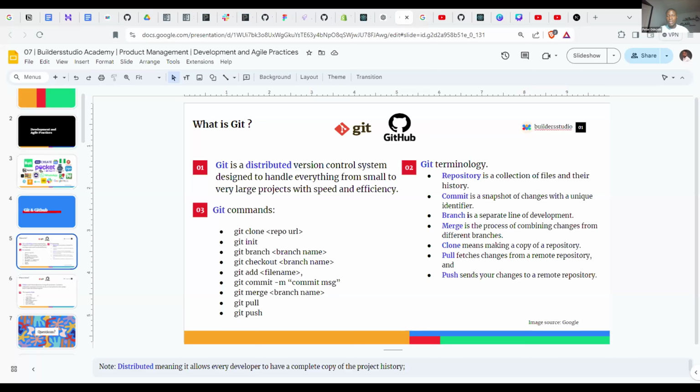Now, a branch is a separate line of development. The way I'm going to, all right, so let me just use the terminology for this one. You know, when we want to design our house, many of us will want to have a sample space for where our development will go on. Oh, all right, I'm just going to go into something simpler because I feel like that house analogy might be a lot. Let me use